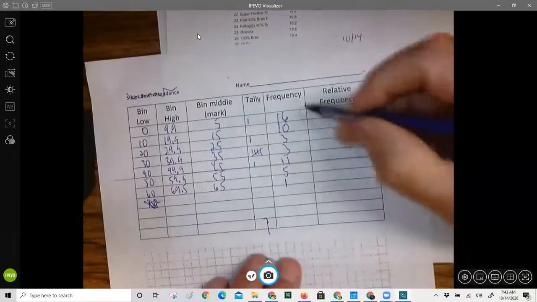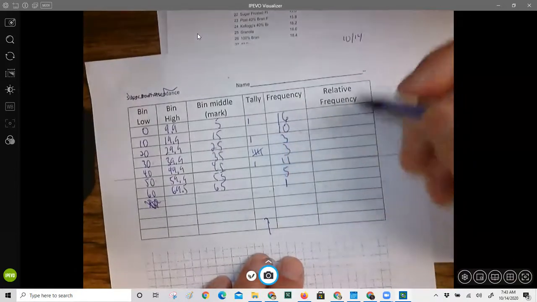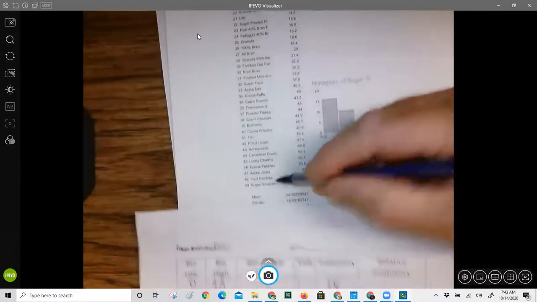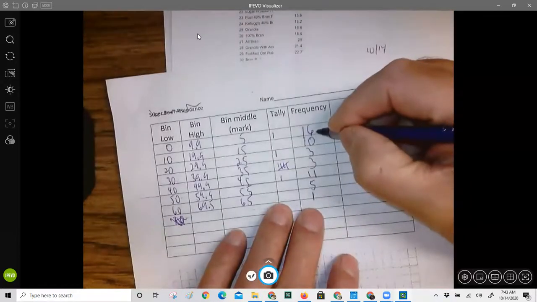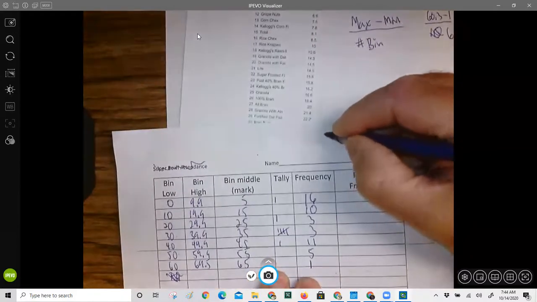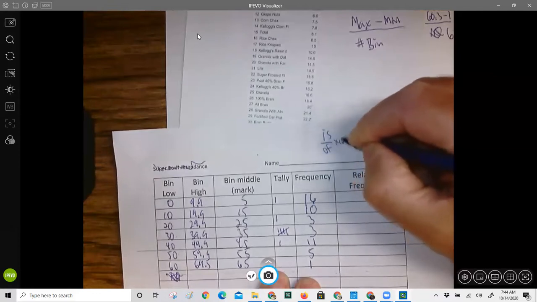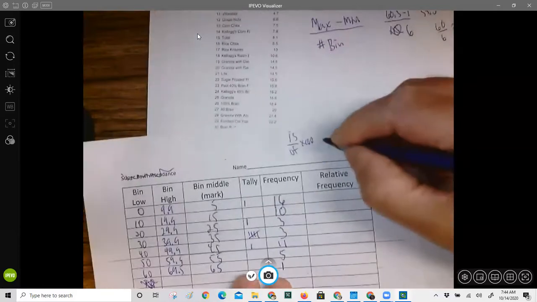Okay, now, relative frequency. Sometimes it's good not just to talk about counts, but to talk about what percent of the data fell in there. So I've got 49 kinds of cereal. 16 of them fell in this first bin. So if you think about, Dr. Carson talks about calculating a percent by you put the is over the of times 100, or maybe she said part over whole